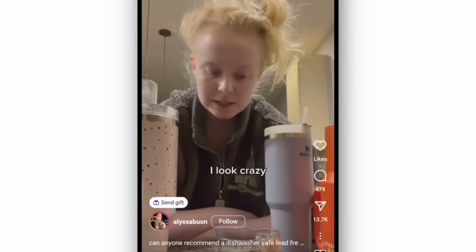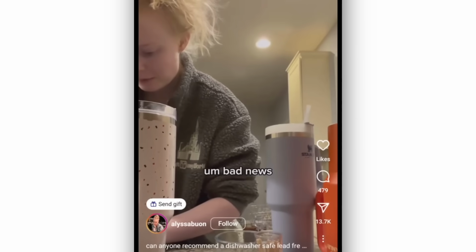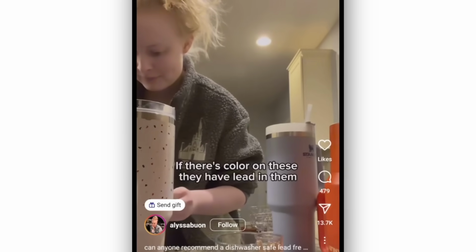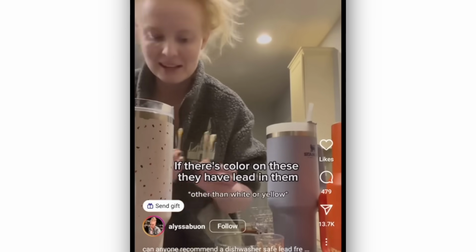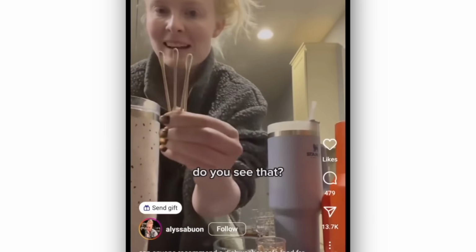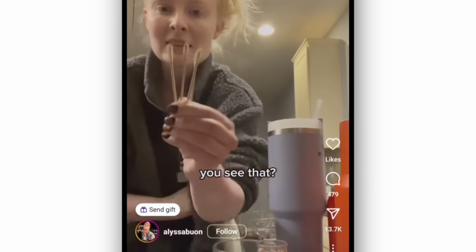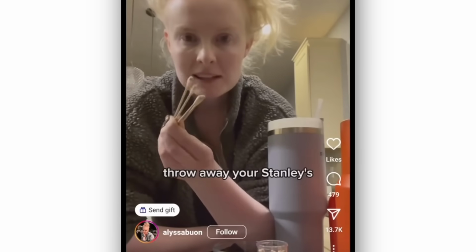I look crazy. Good news, I got the lead test. Bad news. There's color on these. They have lead in them. Do you see that? Do you see that? Throw away your Stanleys, or at least put them in a...